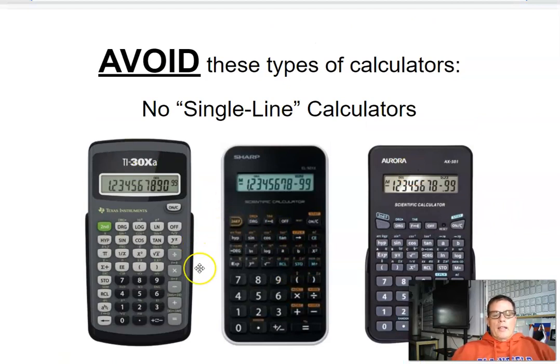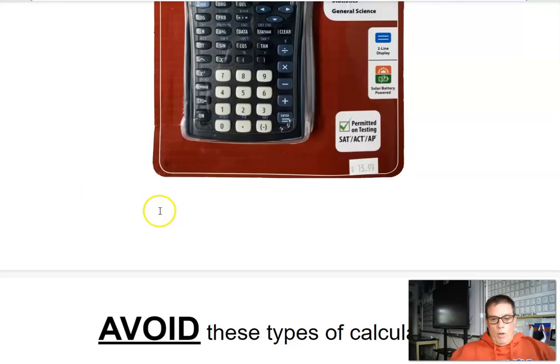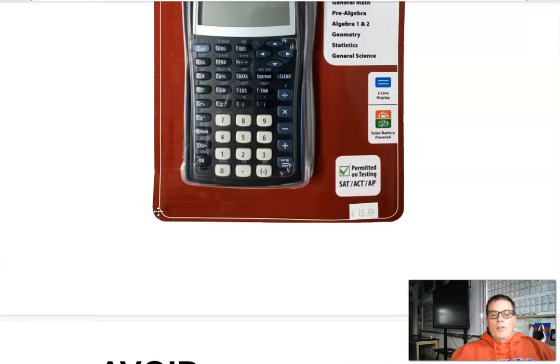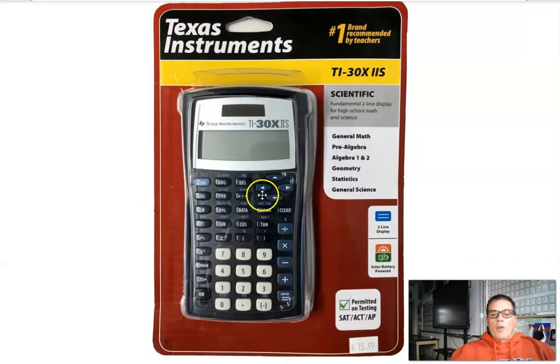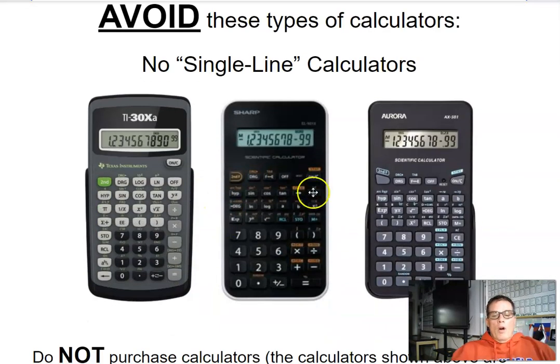Some calculators that I would strongly suggest you avoid are these single line calculators. These single line calculators are really cheap. I mean, less than $10, and sometimes can be an easy draw to bring you in, but these are a nightmare to work with. With these two-line calculators, I can actually go back in this little part here where you see these 4 arrows. That's your history. So if you do something incorrect, at least I can go back and take a look at what you typed in. On these calculators, you'll notice that there's none of those arrows on there to help you go and find a history.